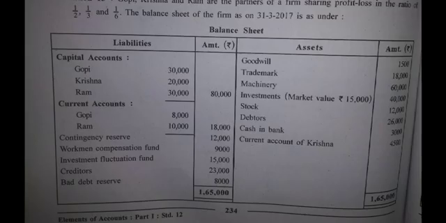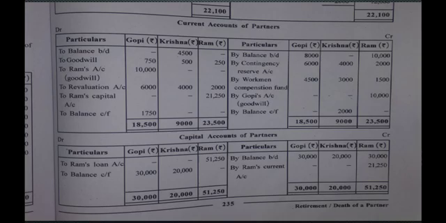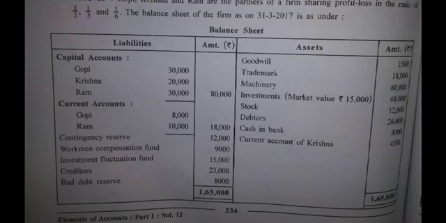Goodwill, the old value of goodwill. This is also not a new thing. This is to be written on the debit side of partners' current accounts in their old ratio. I repeat, it is to be written in partners' current accounts and not capital accounts. Current accounts debit side, you can see to goodwill 750, 500 and 250. Alright, then this was the old value of goodwill.